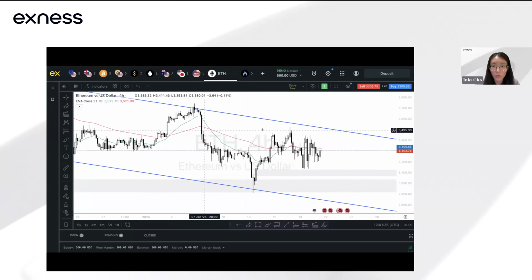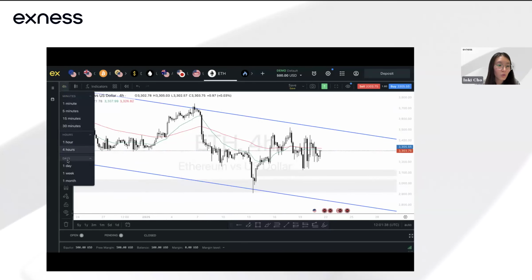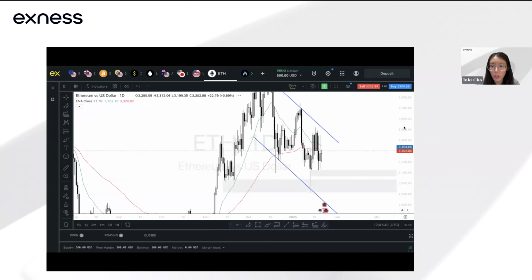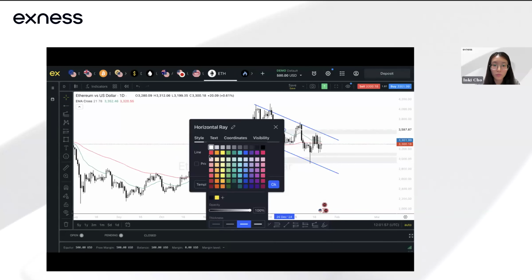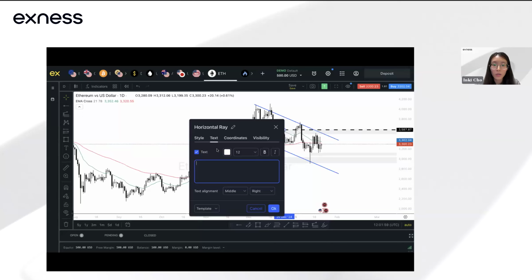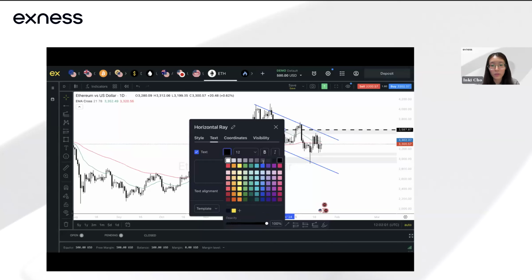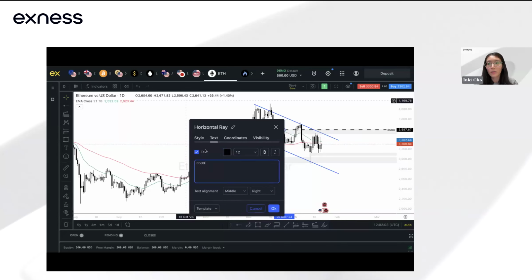If I zoom in, of course, we have this high that is also coinciding with the upper bound of the channel, this area over here. You can see that this was also a region that we have. So for me, as long as price holds within this range, we could still see the consolidation. If we do see a break above this, this high stands at about the 3,500 level. So this is the high, the 3,500 level, you can see over here, right?